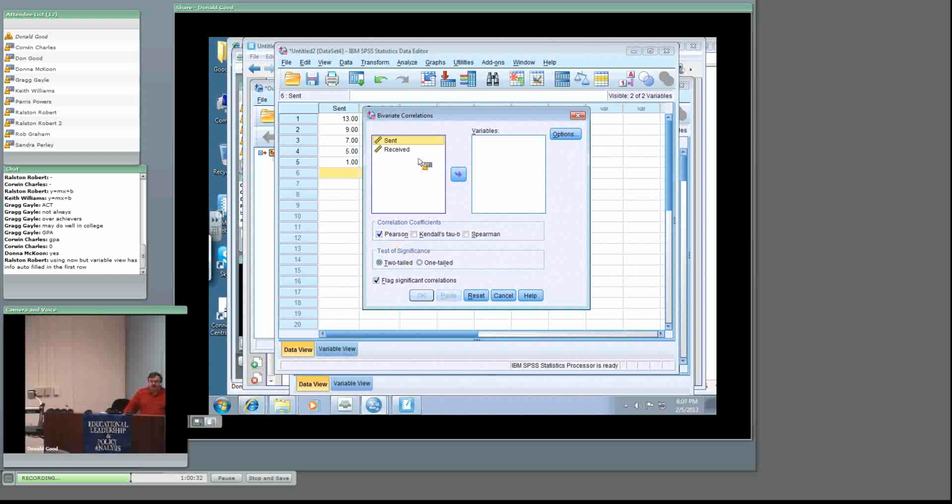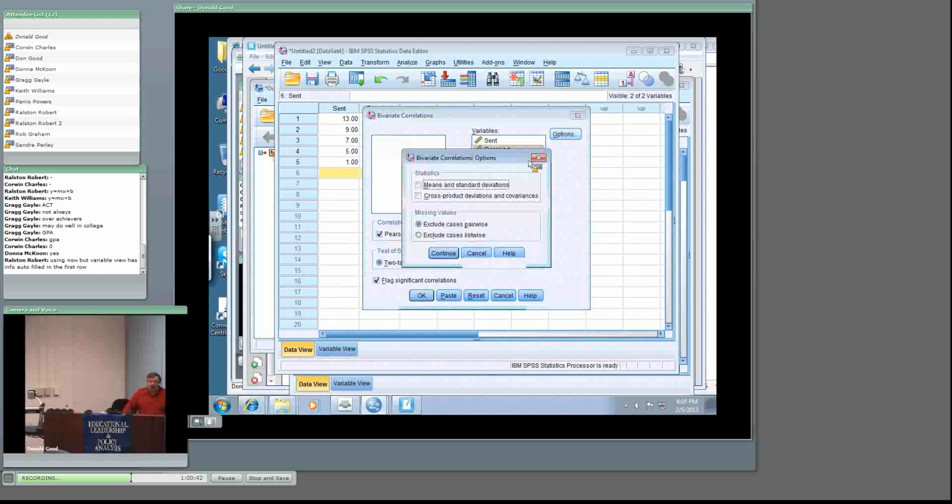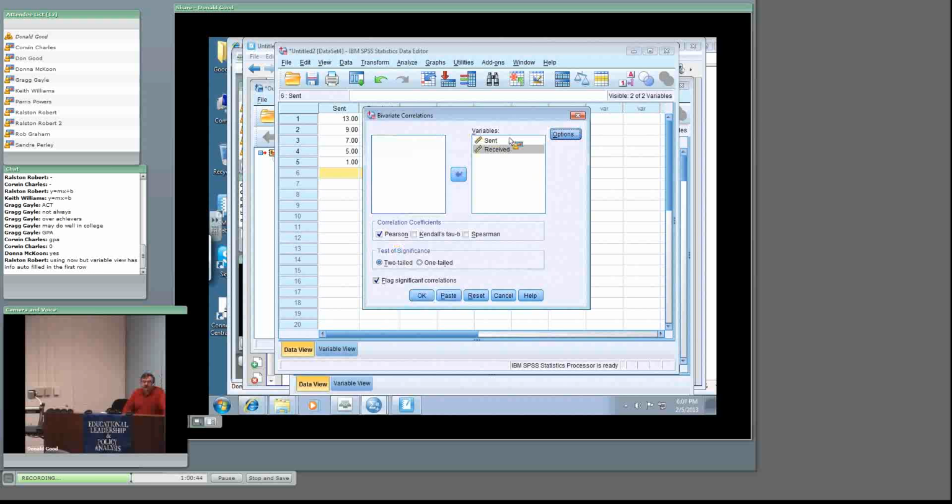I want to have both sent and received. Again, you can select and use the arrow. I can just double click everything. I don't think I want anything here. Yeah, I do. Okay, so I'm going to correlate sent and received. If I go to options,